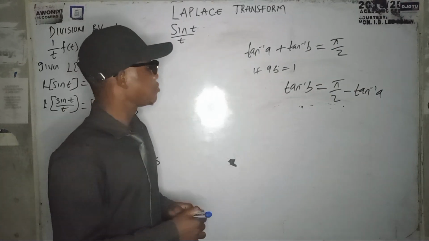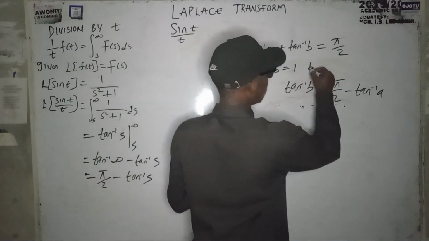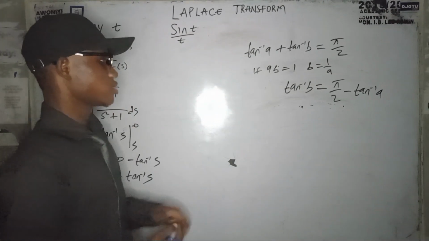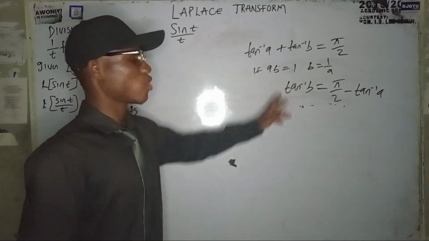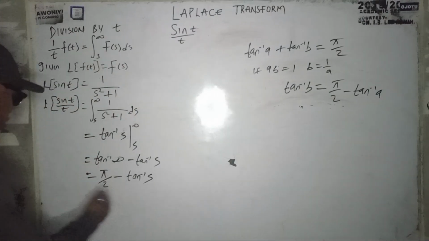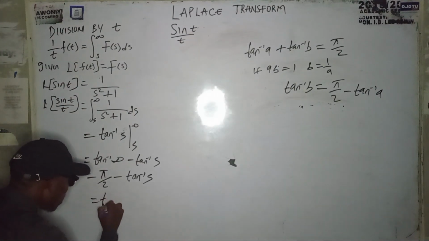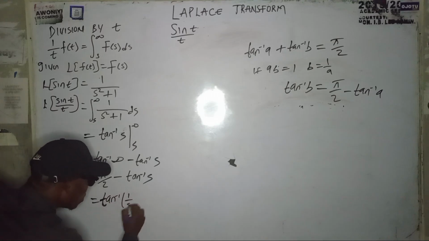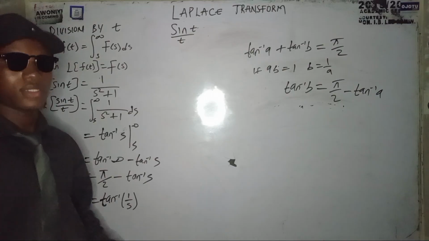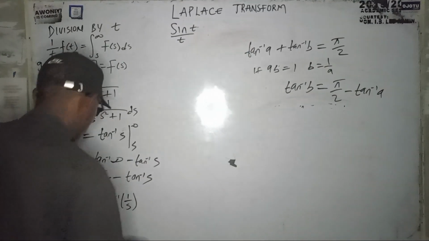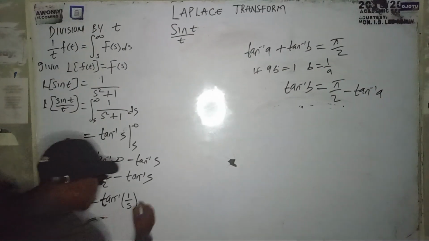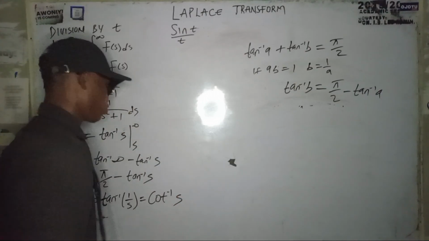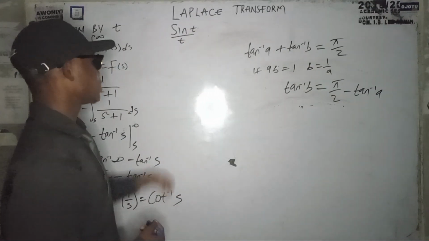So now what is our b and our a? We can just say here that our b is equal to 1 over a in this particular sense. So whatever we have as our a, we are going to do 1 over whatever is here. Therefore we can say that this is equal to arctan of 1 over s. Now we have arctan of 1 over s, and we can put it into cot form, which is cot inverse of s. So this will be our final answer. If we have something like this,